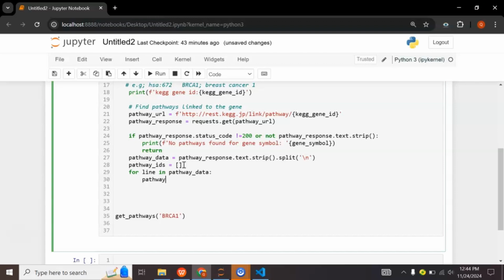We will write pathway_IDs.append(line.split it with the tab, and then split it on the basis of first position, and will store this value in it. So here what we are doing, we have initialized an empty list, and then we are using a